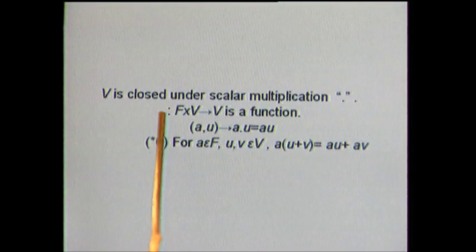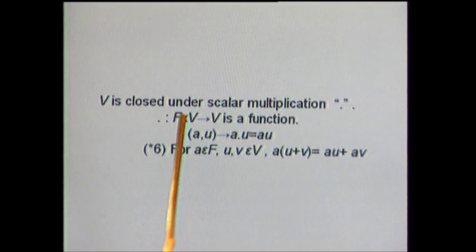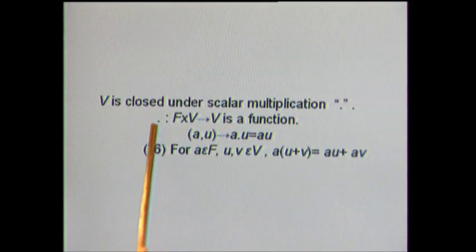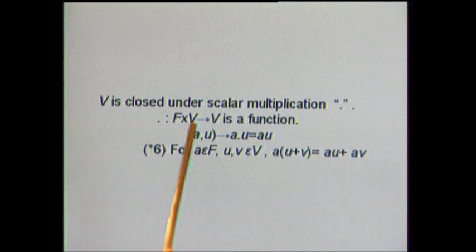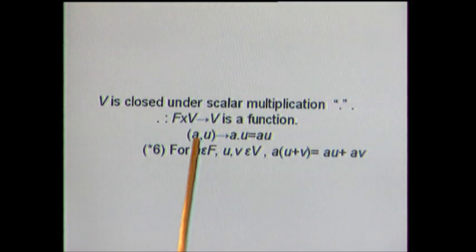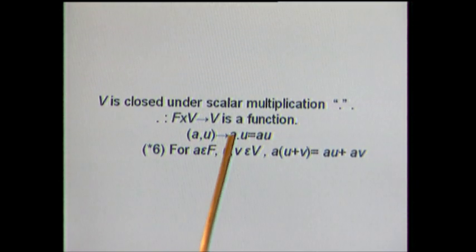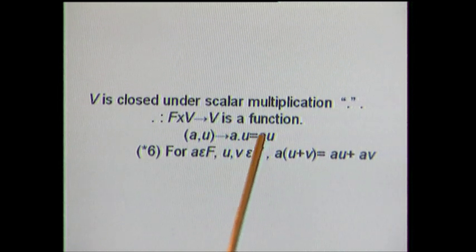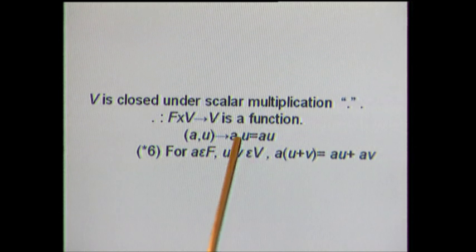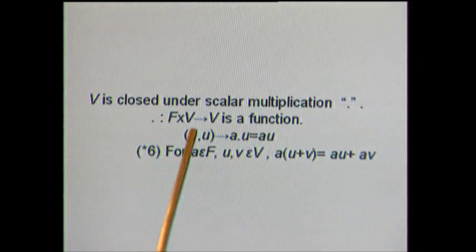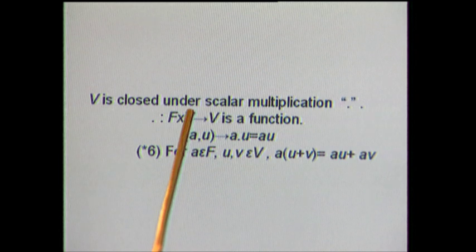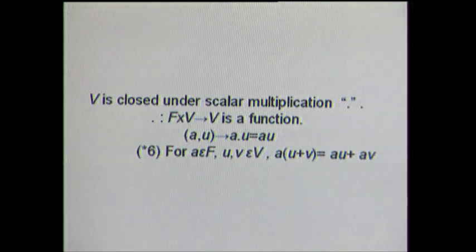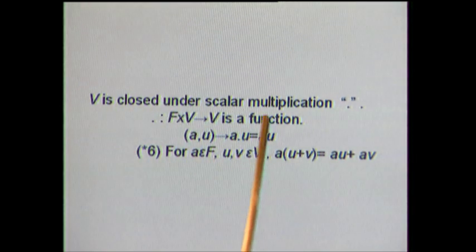defined on F cross V as follows. This dot, which we call scalar multiplication, should be a function from F cross V into V, taking ordered pair (a, u) into a dot u. We denote a dot u by a into u. If there is no symbol between a and u, we mean that there is scalar multiplication dot between them. a is coming from field F and u is coming from set V, and this dot scalar multiplication should be